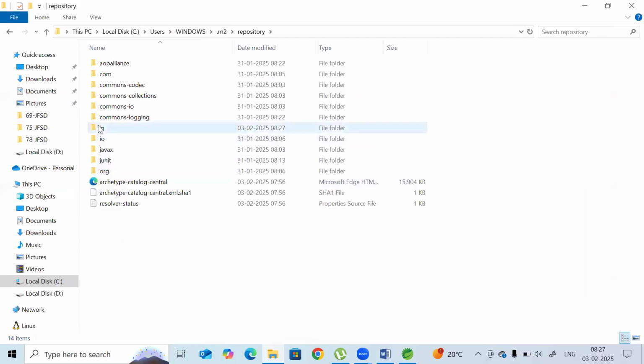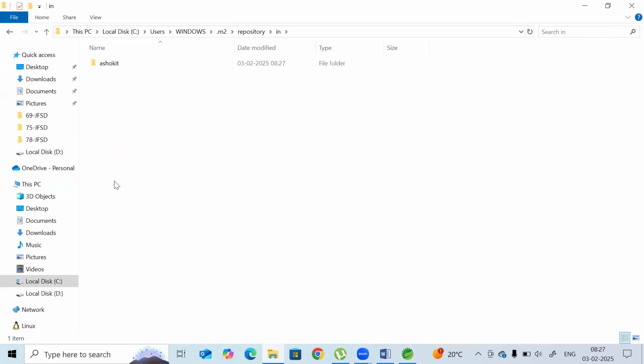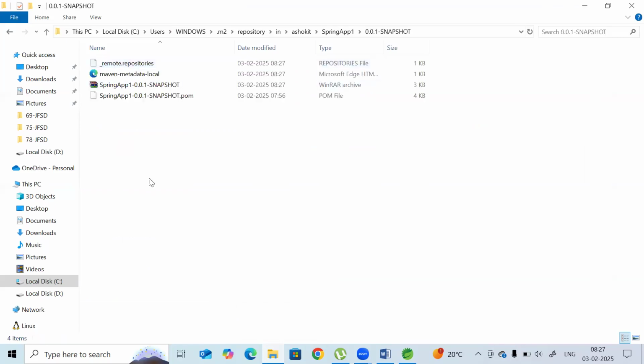Yes, the folder is created. In the folder, the Ashok IT folder is also created. In the Ashok IT folder, what is our artifact ID? Spring App 1. What is the version? 0.0.1 snapshot. Now tell me, in this, the jar file is available or not? Yes. The jar file name is Spring app1